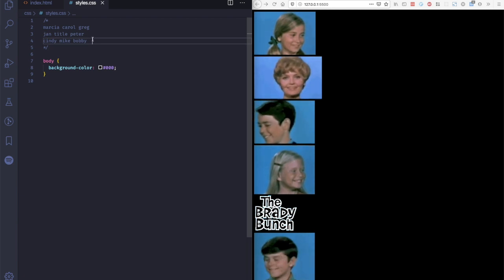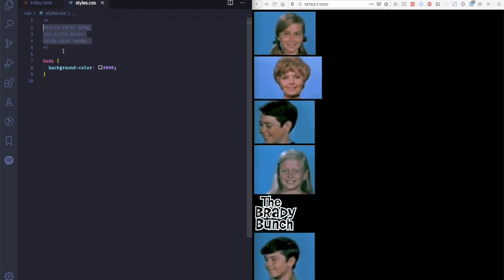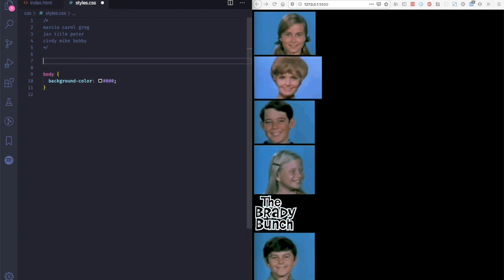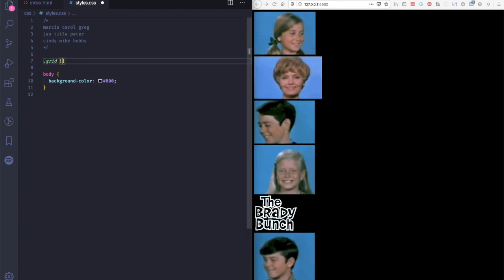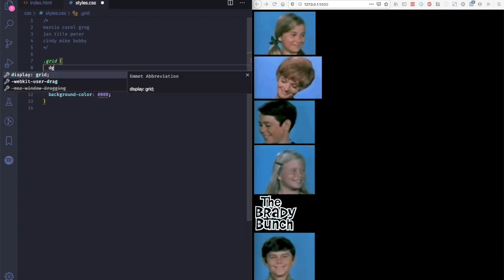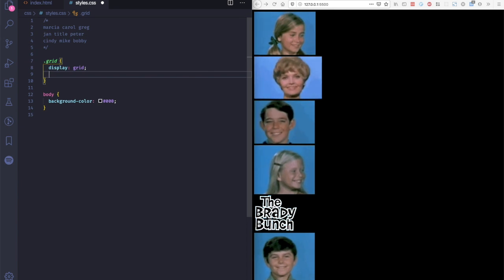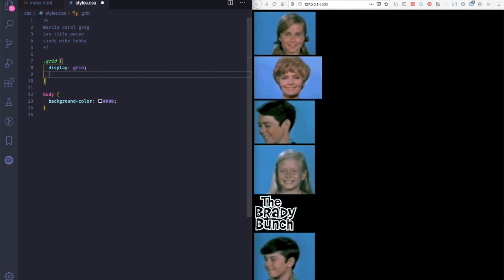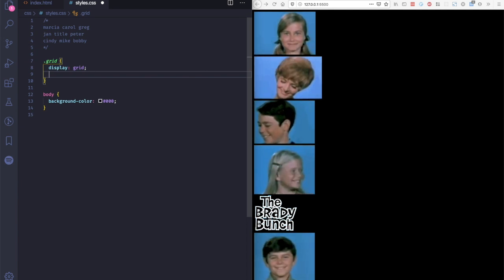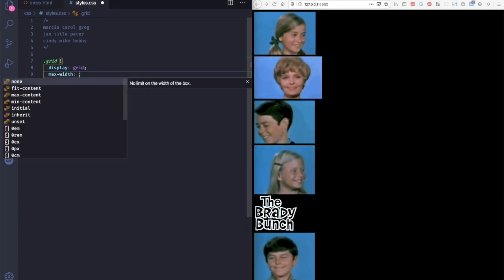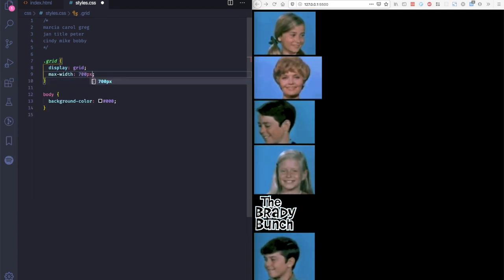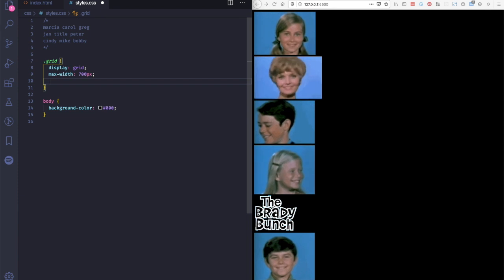I'll explain what this comment is in a second. But for now, let's start defining our grid. So we're going to say display grid on grid. Super exciting, doesn't do anything yet, that's okay. We are going to give a max width of 700 pixels. And then what we're going to do is